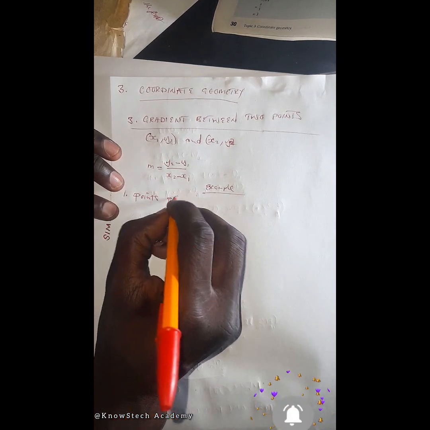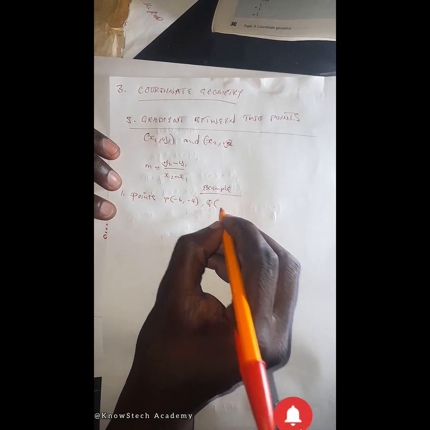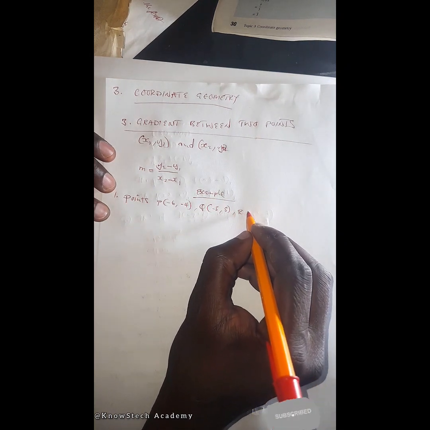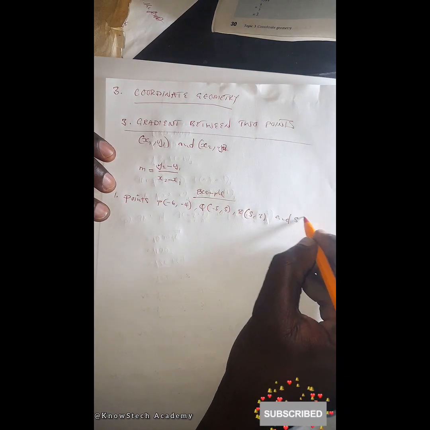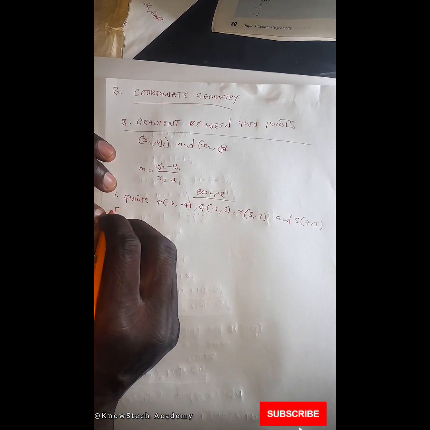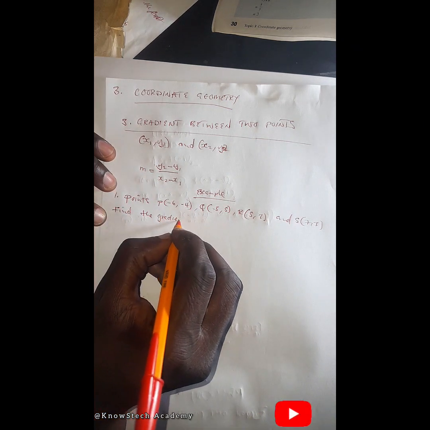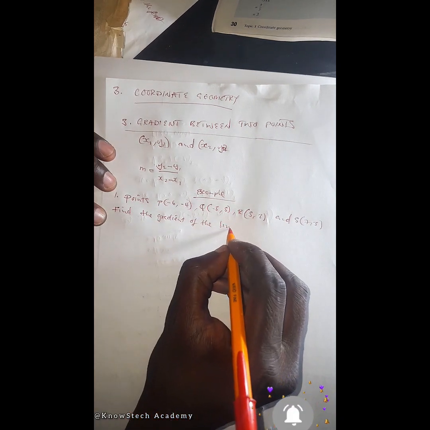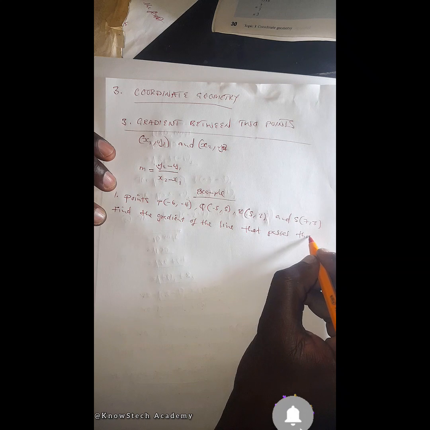Points P, which is -6, -4. Point Q is -3, 5. R is 5, 2. And S is 7, 3. Find the gradient of the line that passes through